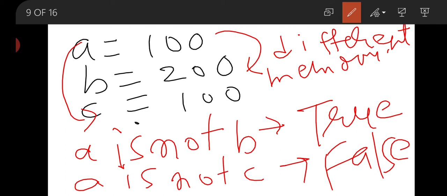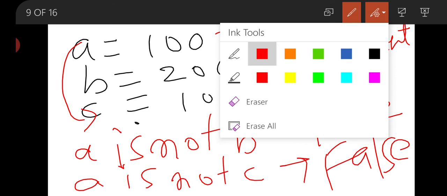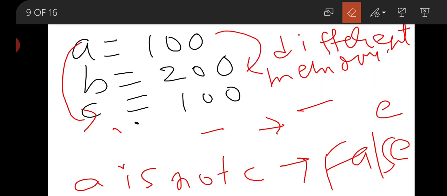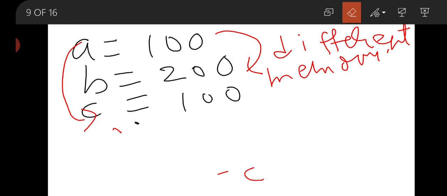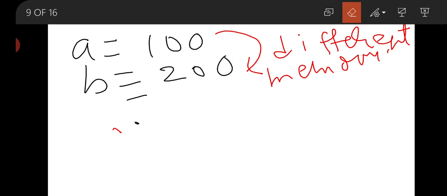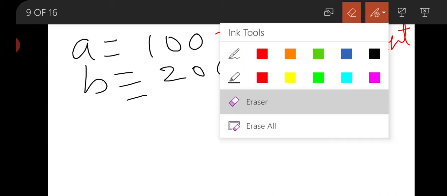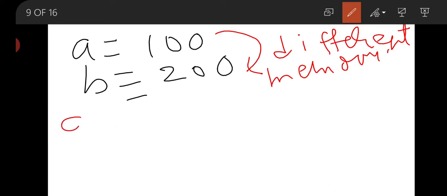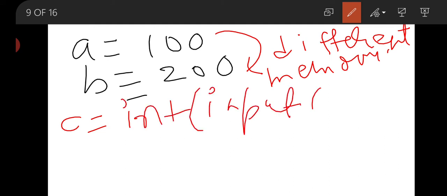Now if we are going to add a value like this, suppose we have written C equal to int input, enter the value.